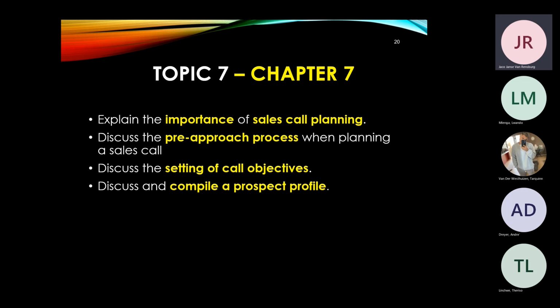Okay, it's revision. It's not repeating work that we've done. It's just touching on specific concepts that are of importance in each particular chapter. That's why we start every chapter with a nice summary of what we want to achieve in this particular chapter. What's important in chapter 7? It's important that we know how to plan a sales call, what the pre-approach process is, what call objectives are. Remember that image that you had to do, those 4 steps in planning a sales call